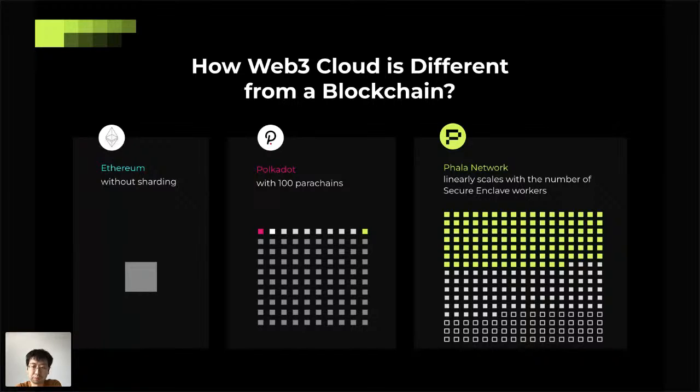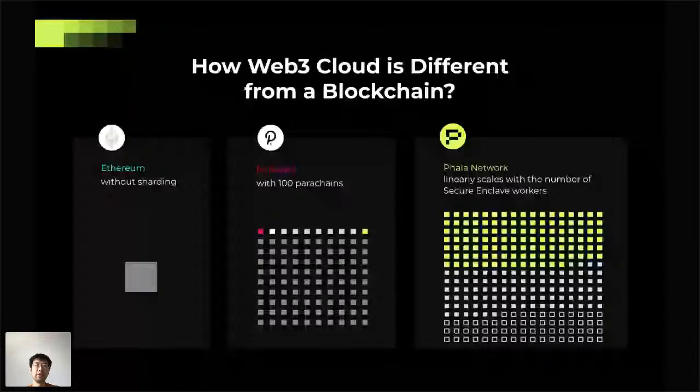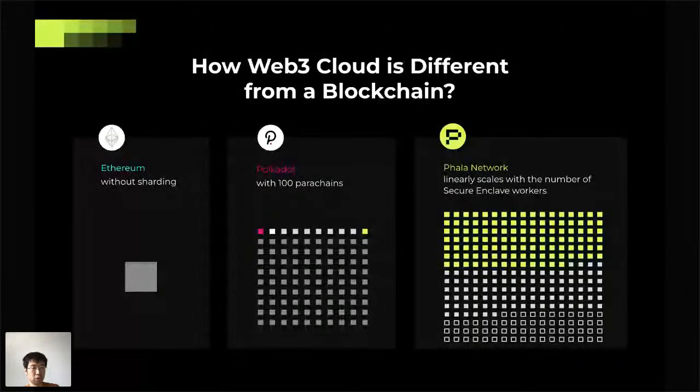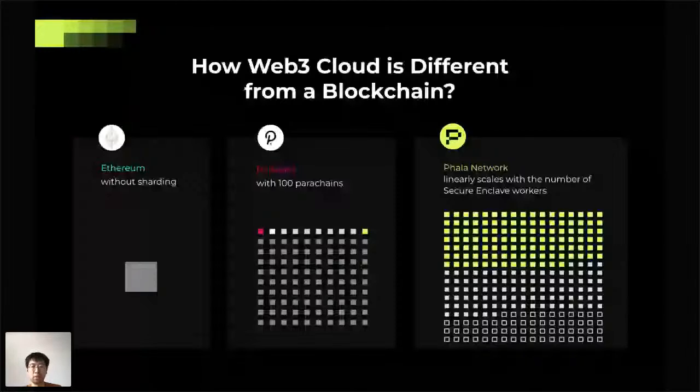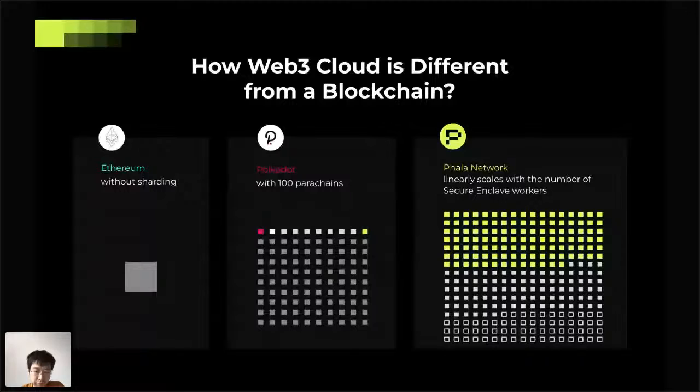But in our network, each worker is based on a secure enclave. So the correctness of each worker's execution is promised. In our network, a contract can be deployed to one worker, or two workers, or all the workers in the network, all okay. So if we deploy, for example, one contract on each worker, or even multiple contracts on one worker, our computing power can be linearly scalable with the number of workers. And now we have 13,000 workers. So this means 13,000 Ethereums in one blockchain.